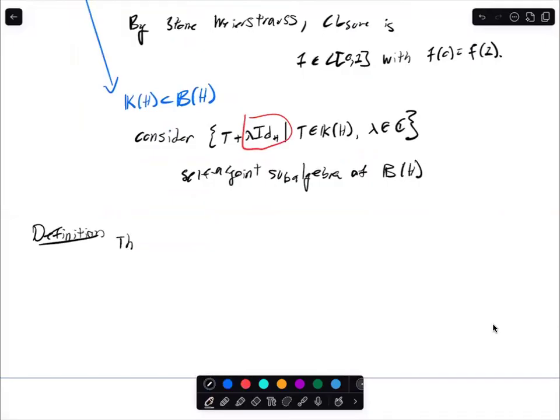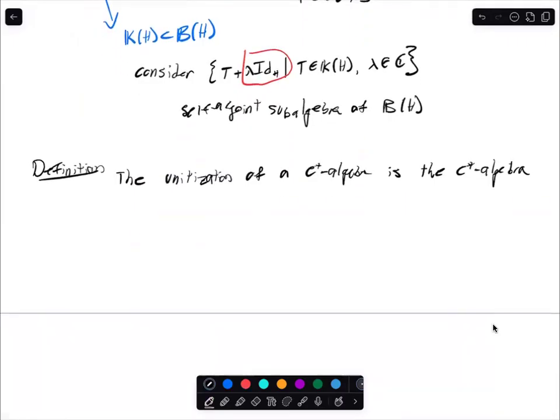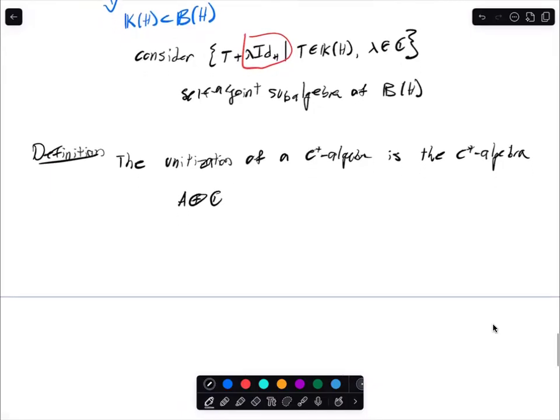The unitization of a C-star algebra is the C-star algebra, and this is actually a claim, a direct sum with the complex numbers with coordinate addition